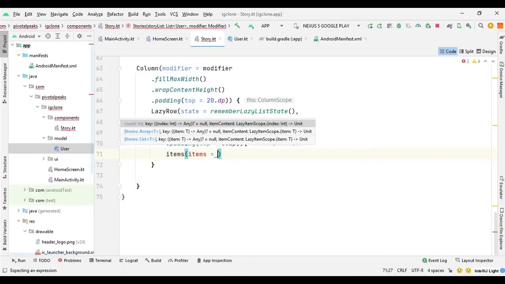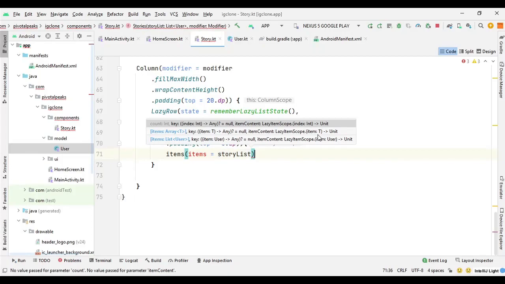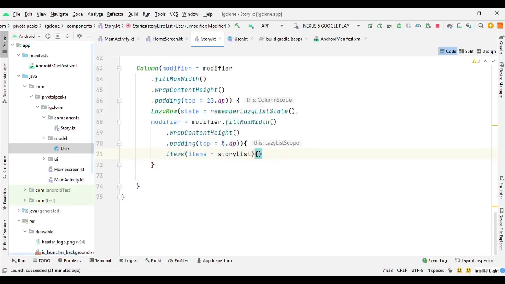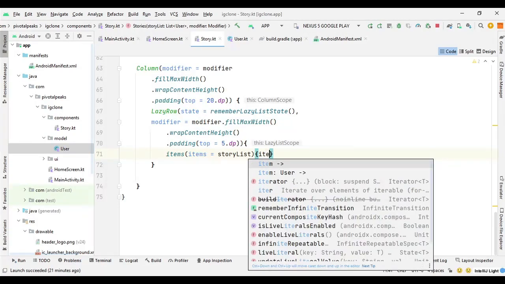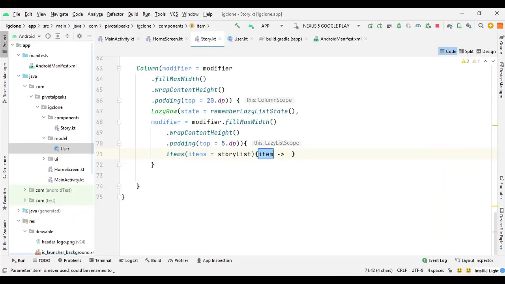So items equals, here we can say story list, and then we need to open the curly brace again, and here we need to define a single item with arrow function which is suggesting the first option, and we can leave it as it is.